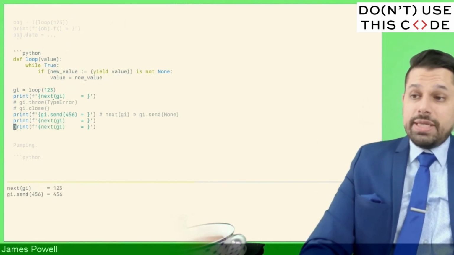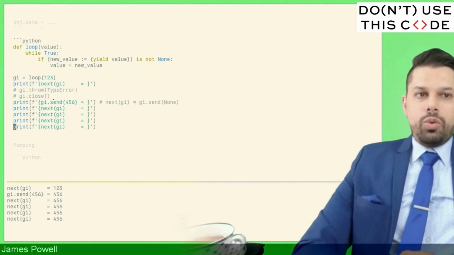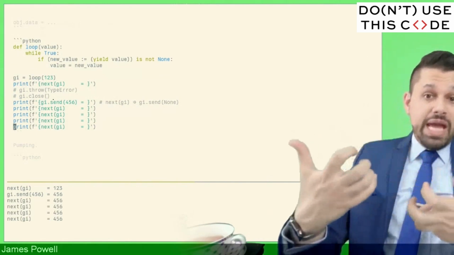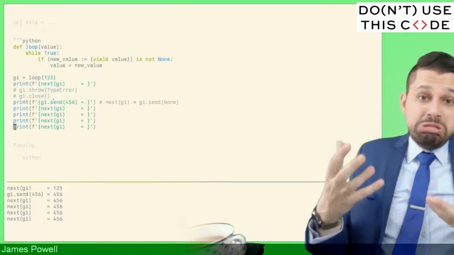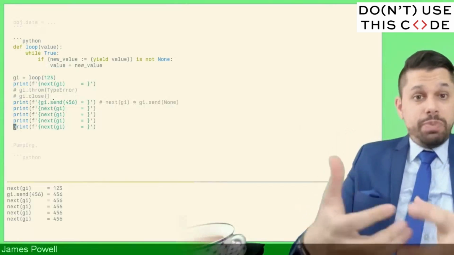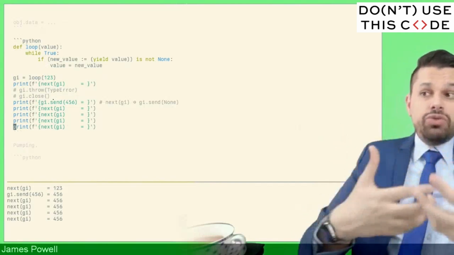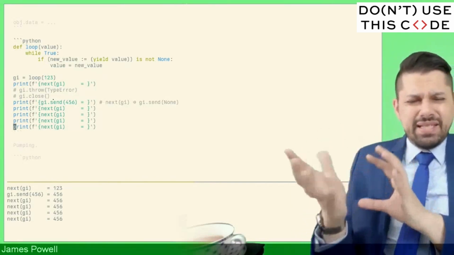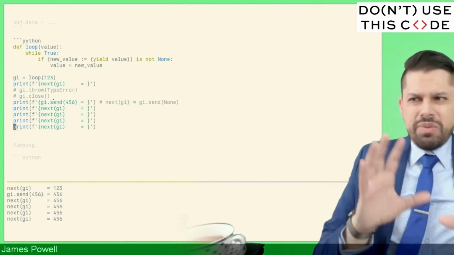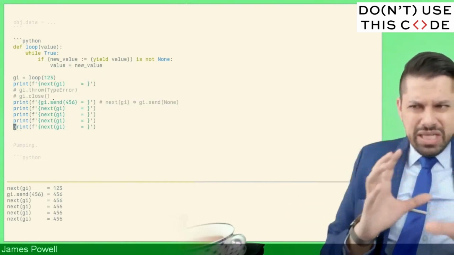And now you can see we have a little looper where we can latch in a new value. And if this were then composed with some other object, you could see where, as long as we can expose that underlying entity, we can actually mutate what it's working on. Here you can see the bidirectional behavior of it. Now, this can't send a non-none value to a just started generator problem tends to be clumsy enough in practice